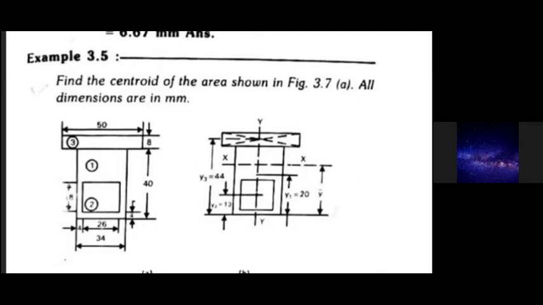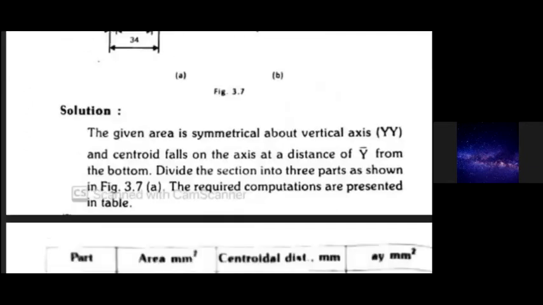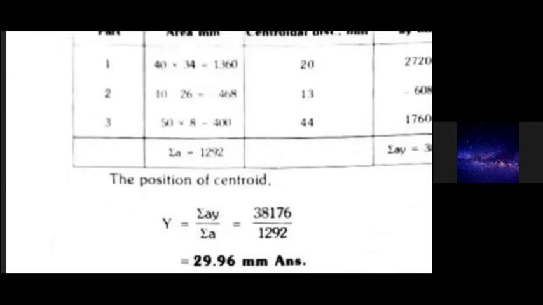And we have to find the area, and when we observe this, it is symmetrical about the y-axis. So here we have to find x component only. It's not necessary to find the y component. Why? Because the centroid lies on the y-axis itself, that is its center axis. So I have to find only the x-axis component.